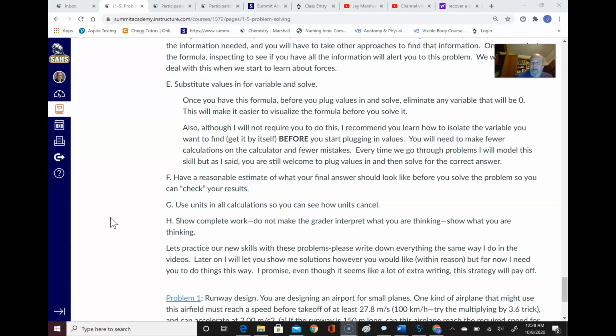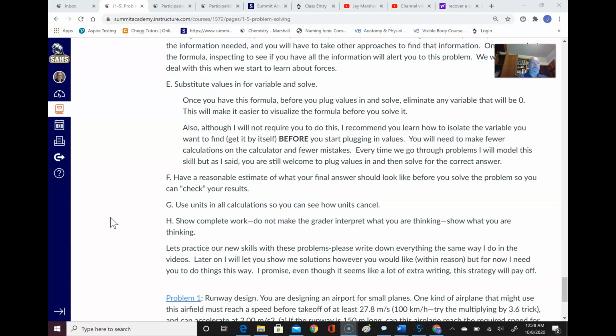Okay, then also have a reasonable estimate of what you want your final answer to be. A lot of times, and I'll try to model this as well, you'll be able to think ahead. You'll look and see, well, this answer is not going to make sense. This answer doesn't make sense. And part of that is going to be the next thing, letter G here. If you use units in all your calculations, you'll be able to see, and I'll model this as well,